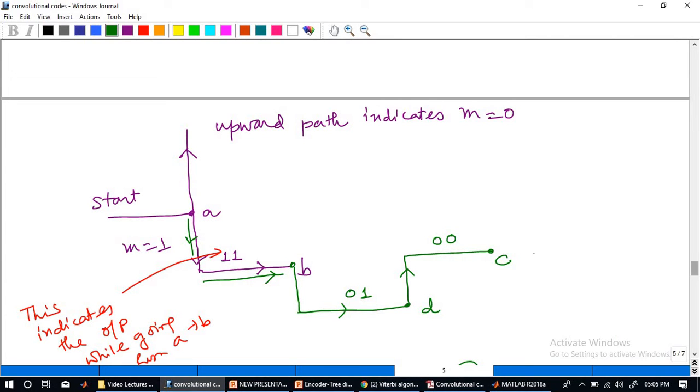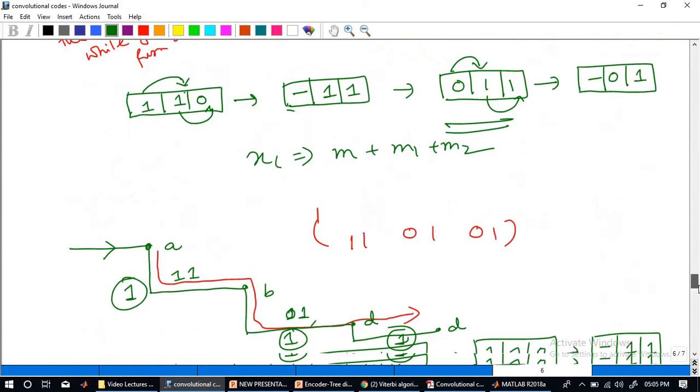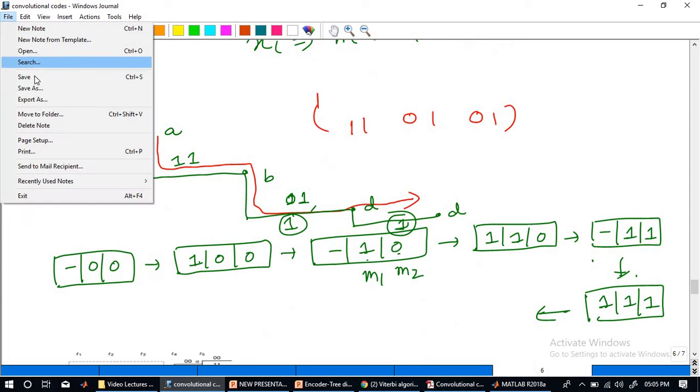What I mean is, suppose I take this as an example, 110. So I go here, I go to the B state, that's 1. Then again 1, so we come down and we come to the D state, then 0, we are at this position. But at this position, we are supposed to go through another 2 steps where we will consider the inputs to be 0, 0. Please make a note of it, because this is a standard procedure that we are going to follow. I'll just take a new note and do that.